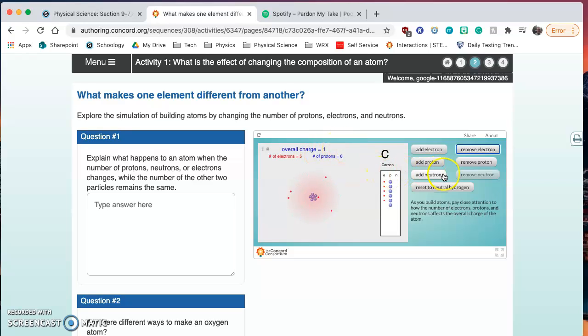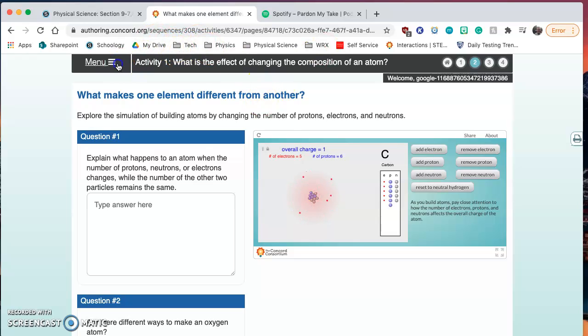All right. I can also add neutrons here. And in this simulation, it doesn't really show us what that is doing. We'll get to that towards the end of this investigation. But neutrons are neutrally charged. They are not contributing to the charge of the atom, nor are they contributing to which element the atom belongs to, if you will. Okay, so I just wanted to touch base on how electrons, protons, and neutrons affect the composition of an atom